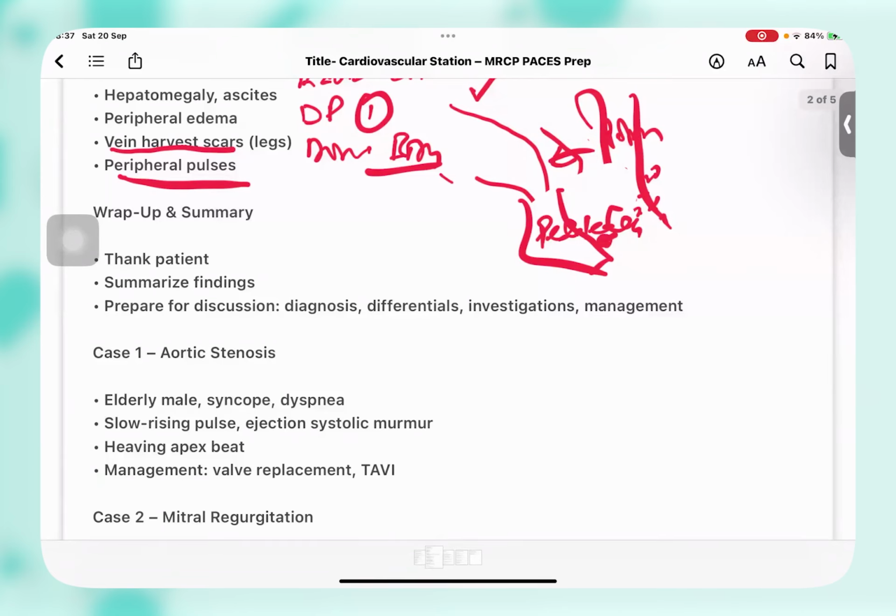Then you move up to the shoulder, and from the shoulder, you reach the neck. In the neck, you look for JVP, look for carotid pulsations. And if you are keen enough, put a stethoscope there, tell the patient not to breathe, and auscultate for any carotid bruit. Still go up, and you look for pallor, you look for jaundice or icterus,